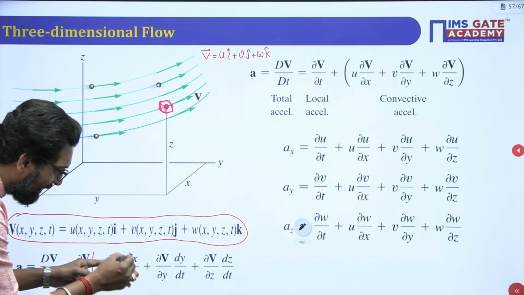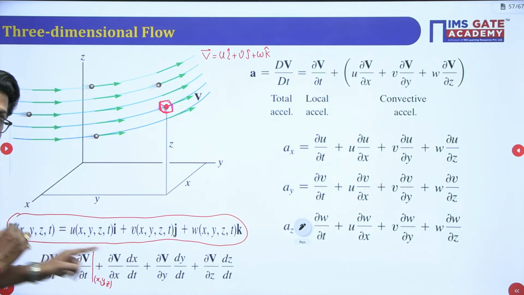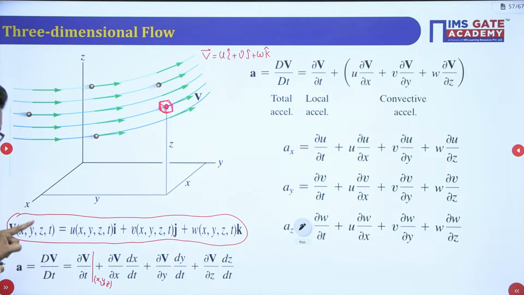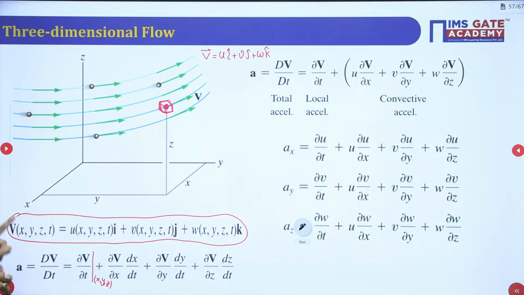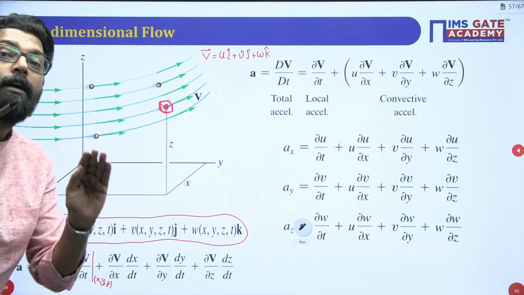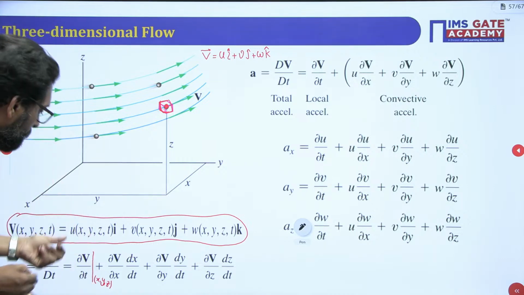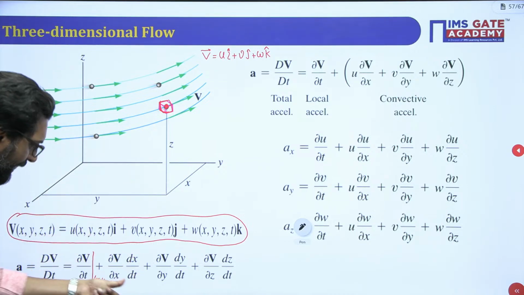Now x is not a function of t. u is a function of x and t, v is a function of y and t, w is a function of z and t, but x is the only function of t. So x is the only function of t, y is the only function of t, z is the only function of t. That is your Lagrangian approach. So we have to take